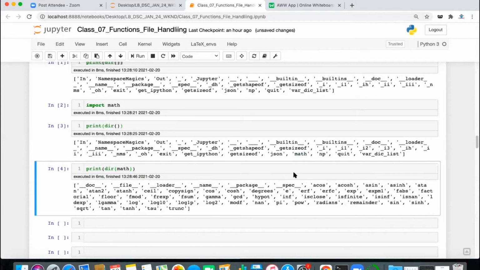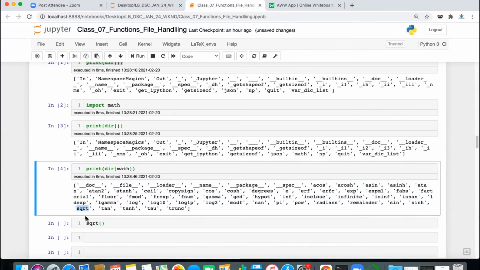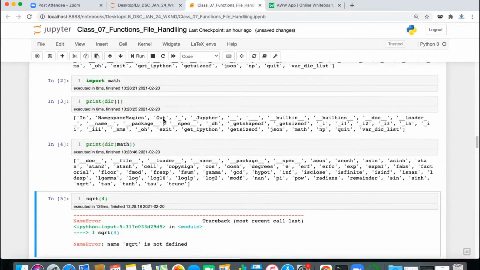And if you want to use any function inside this, see, the math module is available to you directly, so you can refer to the math module. But you cannot use functions directly. Like you cannot write sqrt here. You have the sqrt function inside the math module, but you cannot use it directly because it is not available in your current global namespace.